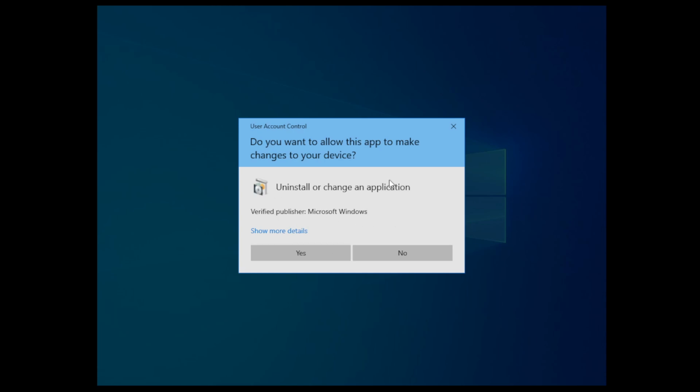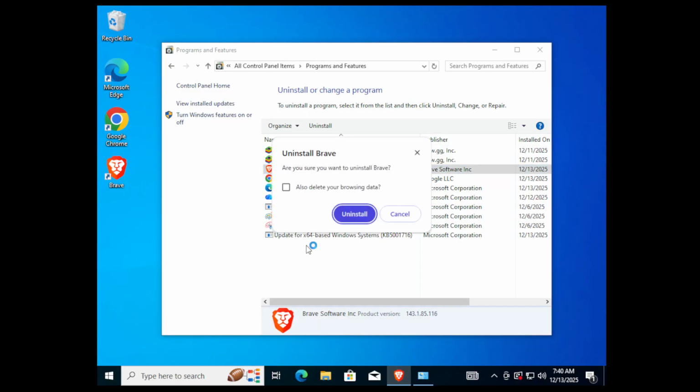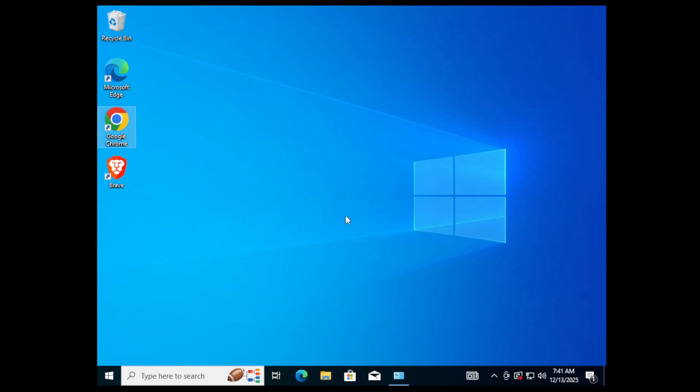So you'll say allow the app to make changes to your device. Just hit yes, and it's going to prompt you to uninstall Brave. All you have to do, let's select delete the browsing data, because if we're uninstalling it, we don't really need it. So I'll hit uninstall,